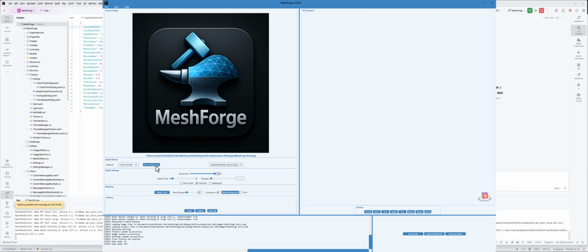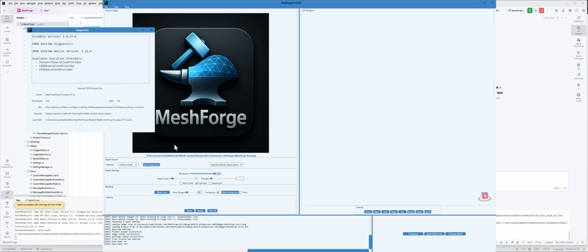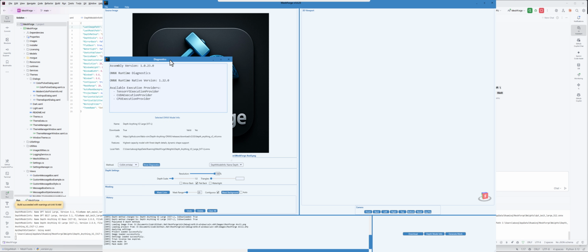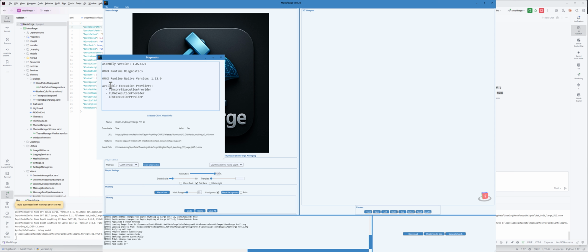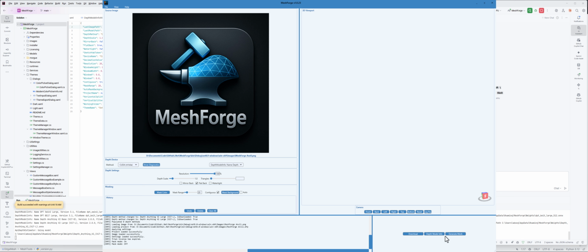Okay, so then if you do show diagnostics, it takes a second, because it's actually loading all the runtime at that point, and it shows you everything about the model here. This is the Microsoft ONNX runtime, which is for machine learning, and so this uses machine learning. Now, I did not train the models. These were trained by, you can look these up. Or better yet, you can come in here, and if you go to depth model info way down here,